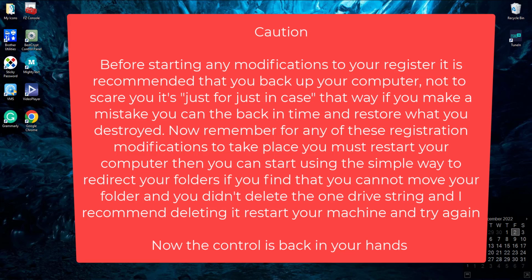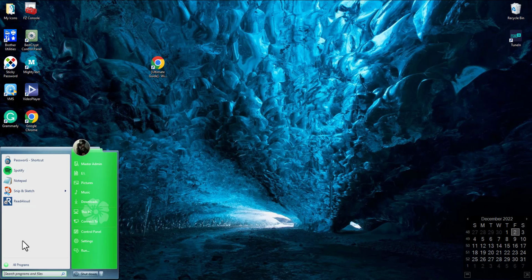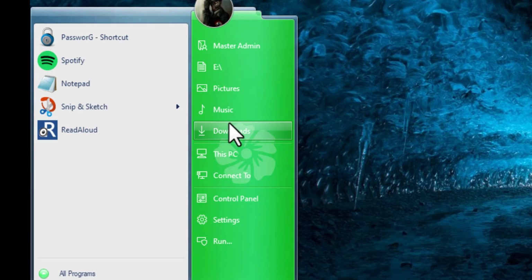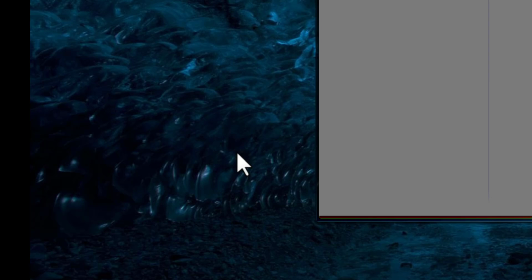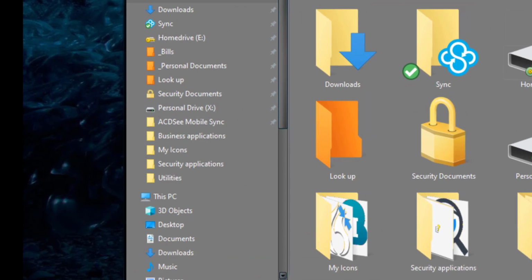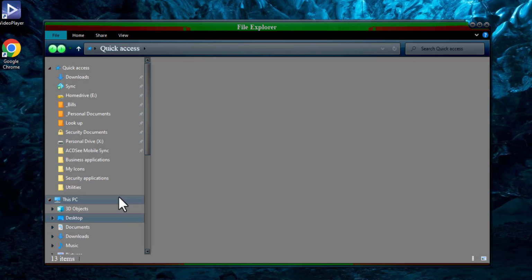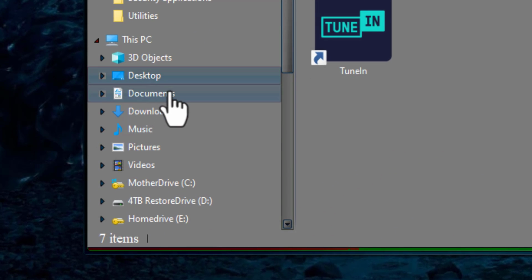Hello everyone. Alright, if you're like me and like to move the locations of your folders from the menu, for example, it may or may not look the same. This I have Start Back, and that's why I got the old menu. But if you have the new one, for example, let's say File Explorer right here. Okay, so if I wanted to, let's say, change the location of the pictures from the default,